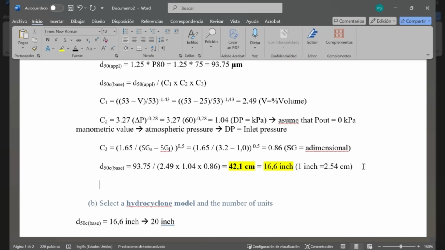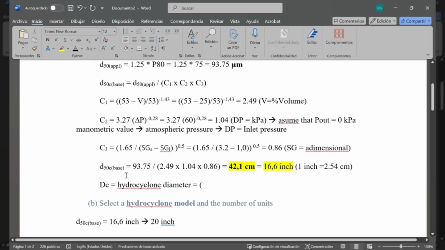The final formula is the following: the final diameter of the hydrocyclone is going to be calculated as the D50 that we already calculated, okay? This D50 over here that we already calculated. This number is going to be divided by